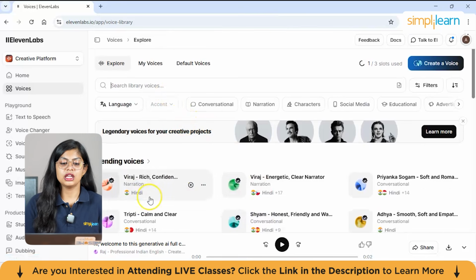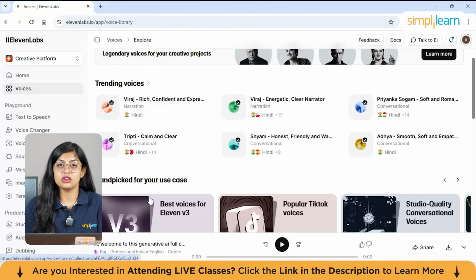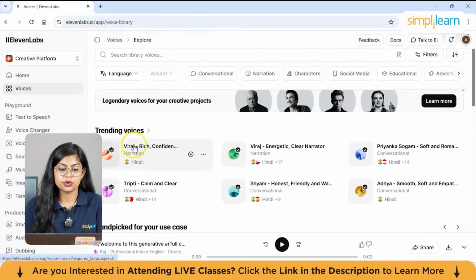So firstly, we can use the ones which are there in your library. We can explore